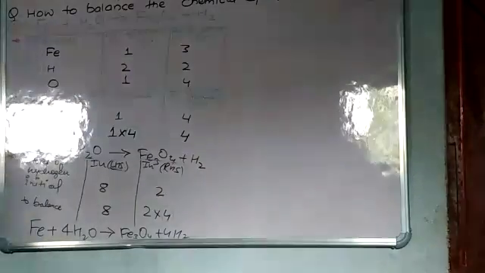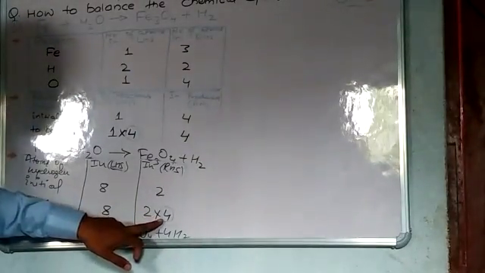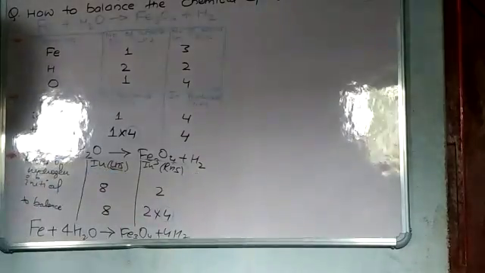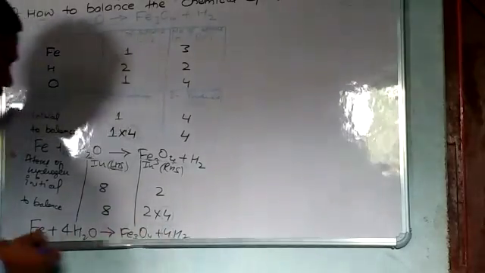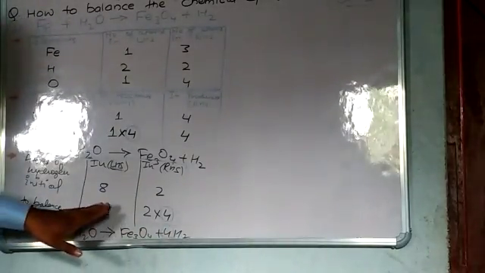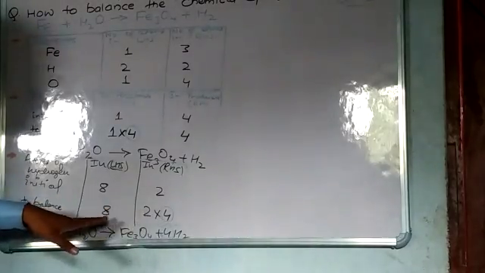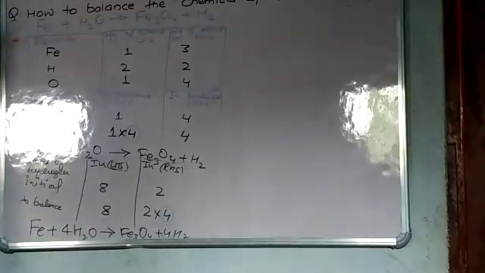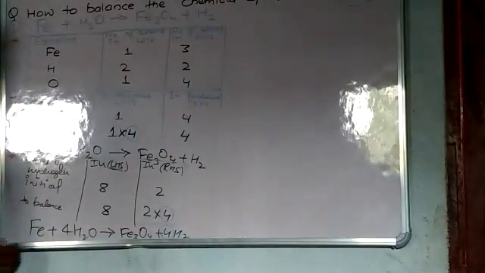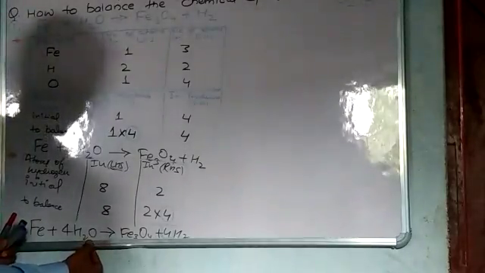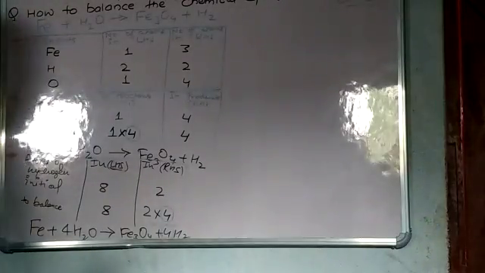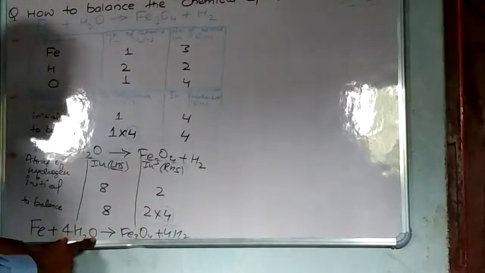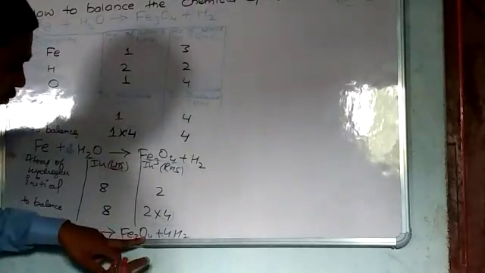Okay, so when we multiply 4 on the RHS side, it becomes 4H2. So now the number of atoms in LHS and RHS become equal. Okay, so now we have the partial balanced equation in the second step: Fe plus 4H2O makes Fe3O4 plus 4H2. Now see, 4 O in LHS and 4 O in RHS.